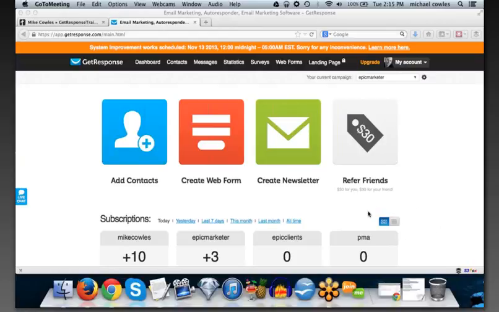So David said, can you clarify that billing point? I asked GetResponse support if they charge per subscriber and was told they charge per email address, as each campaign is charged separately. So big difference is charging per email address. Like my email is mikecowles@gmail.com.